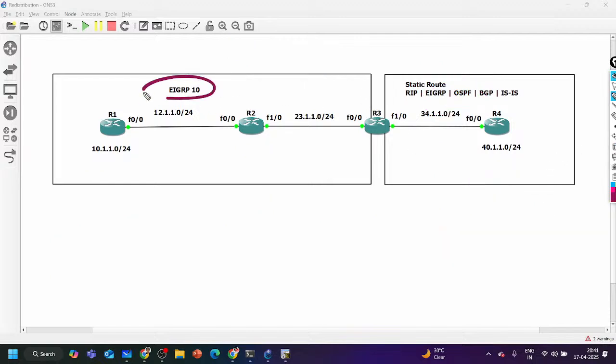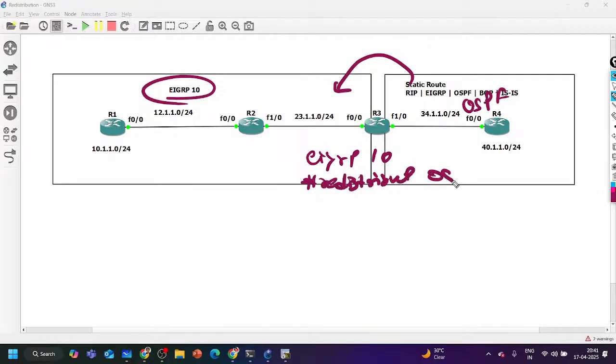Now here I am running EIGRP AS number 10, and for example here we are running OSPF in this domain. And now I am redistributing OSPF into EIGRP. So while redistribution, you will go under router EIGRP AS number 10, in the routing protocol mode. And here we will say redistribute. Then which protocol? OSPF.